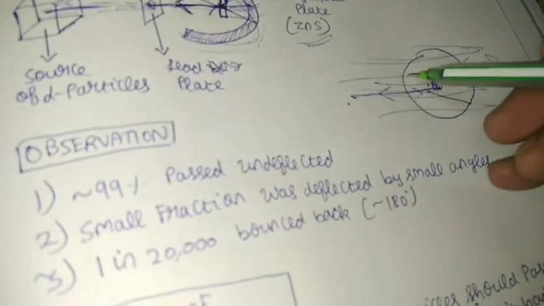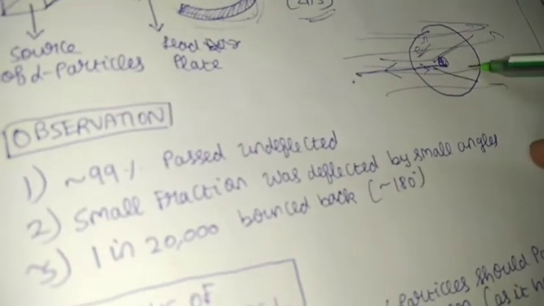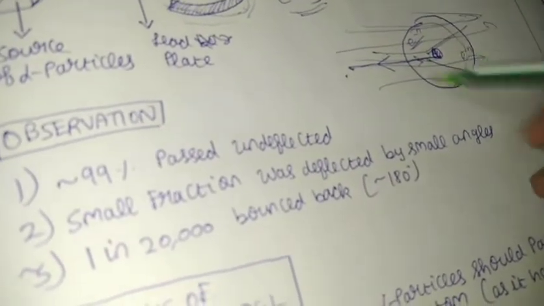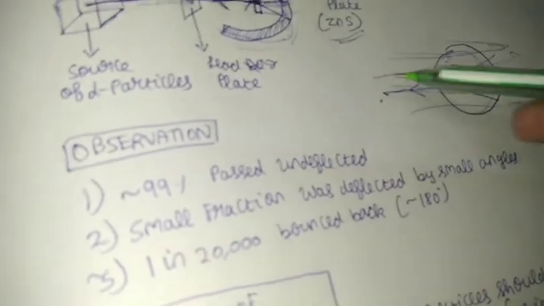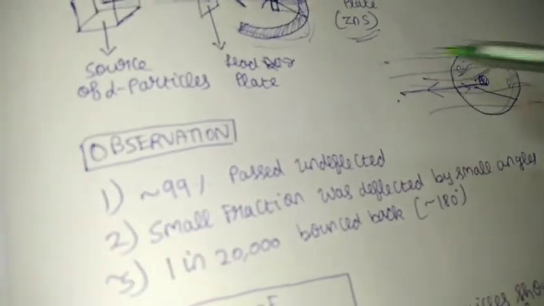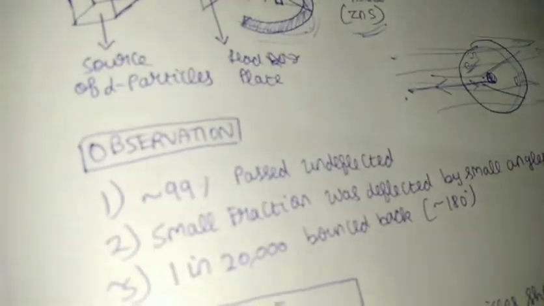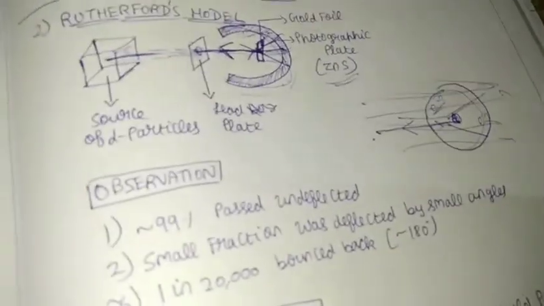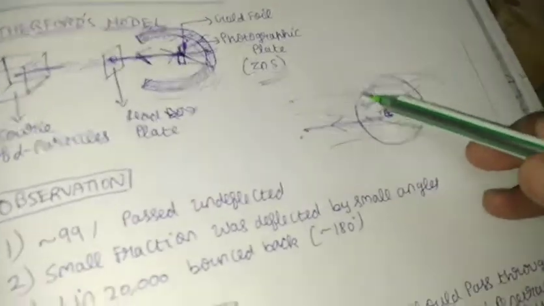Okay, so this is the atom, the nucleus is here, and the electrons were here. They go at such a high speed that the attraction of the alpha particles coming towards the atom is not at all seen. You understand, right? Electrons are there, so it should get attracted, right? But that's not seen because electrons move at a very, very high speed.